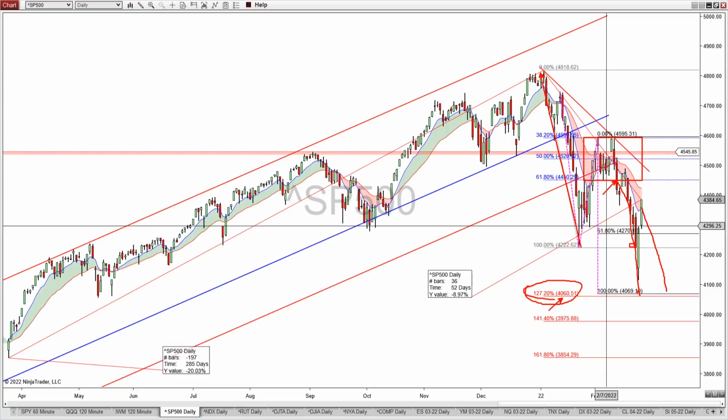4060 area. Now, the other thing is we also could do a symmetry move to get a projected move. That would be this swing here, and if we do this on a symmetry, then essentially that will bring it down to 4069, which is pretty much in confluence with this 127. So we're going to be keeping an eye on the 4060, 4070 level for the next potential downside